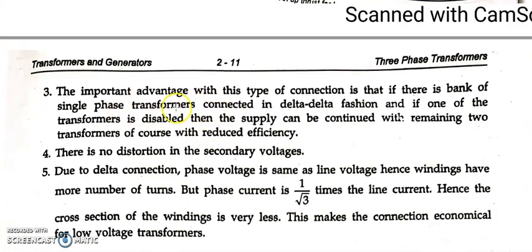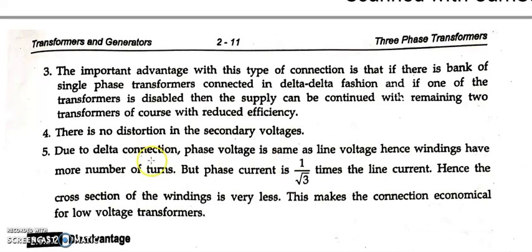Here is one more advantage, like I told you: you can connect by taking a bank of two single phase transformers in V connection. You can enjoy three phase transformation with the three phase supply, with the compromise of a reduction in the kVA rating, or reduction in efficiency, in other words. So there is no distortion in the secondary voltage. Whatever harmonic is present, the third harmonic, is mitigated in the delta part only. It is not carried to the secondary side.